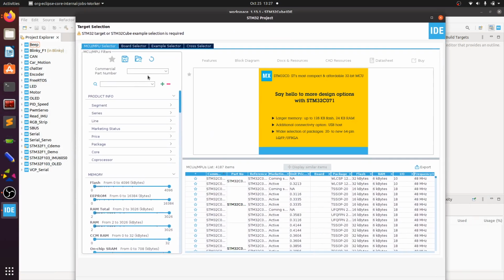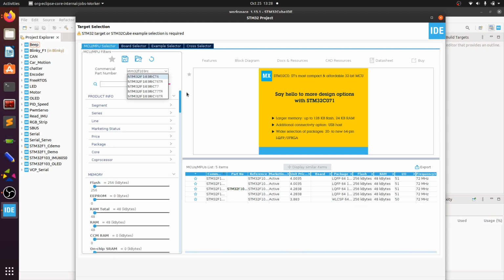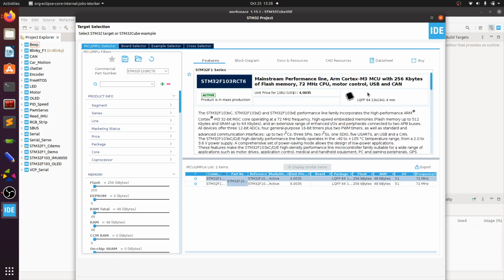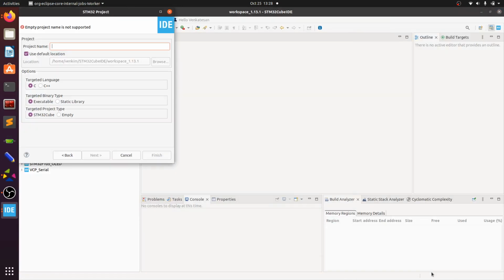And what I'm going to do here is I'm going to do STM32F103RCT6, and select that and say next. And now I'm going to actually do STM32F1 and just say ROS